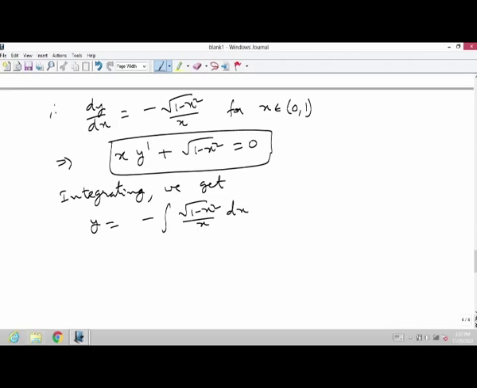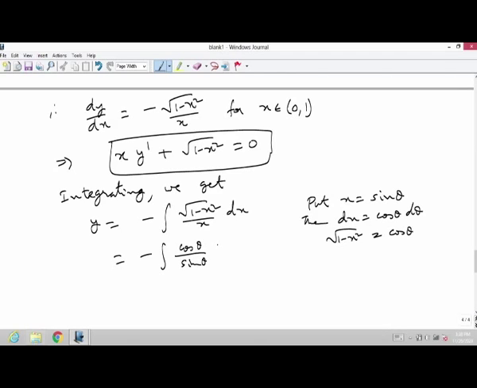So, what we can do is we can put x equal to sin theta, then dx is cos theta d theta, and square root of 1 minus x square will be equal to cos theta. So, this y is equal to minus integral cos theta by sin theta into cos theta d theta. So, that is equal to minus of cos square theta by sin theta